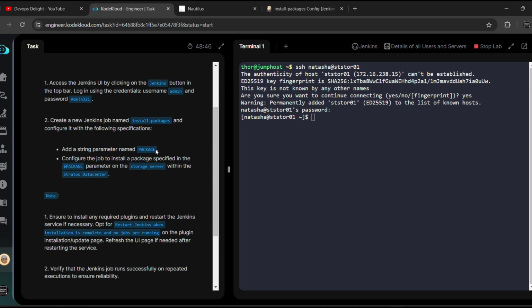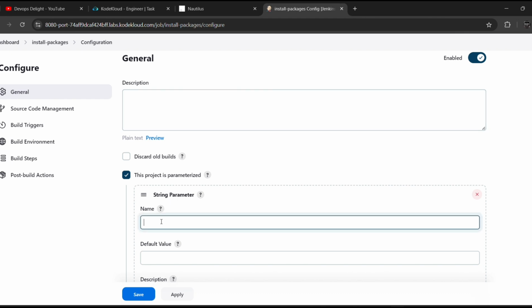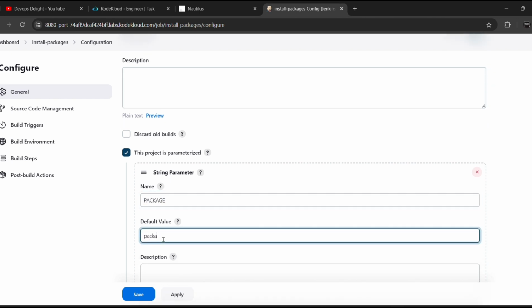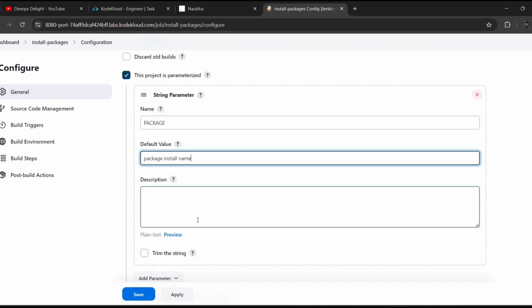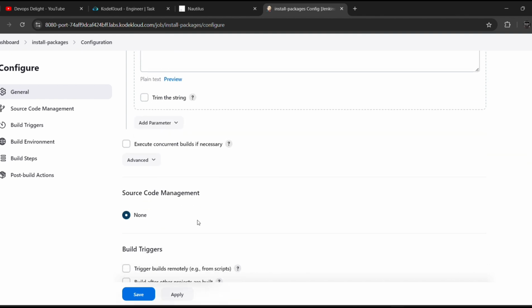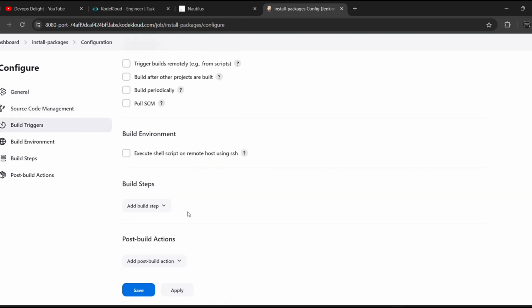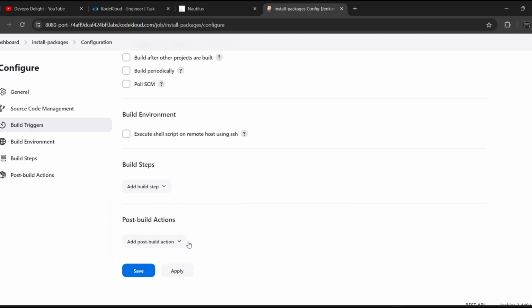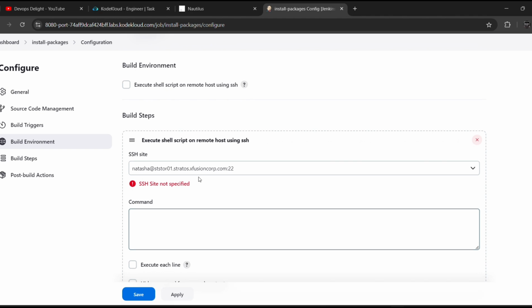String parameter name they have specified, copy, here we need to type package install name. We can replace the name later. This is what we have to do here, and then come to the bottom in the build step, select execute shell script on remote host using SSH. By default it will take the SSH site because we auto saved there, and then here we need to type